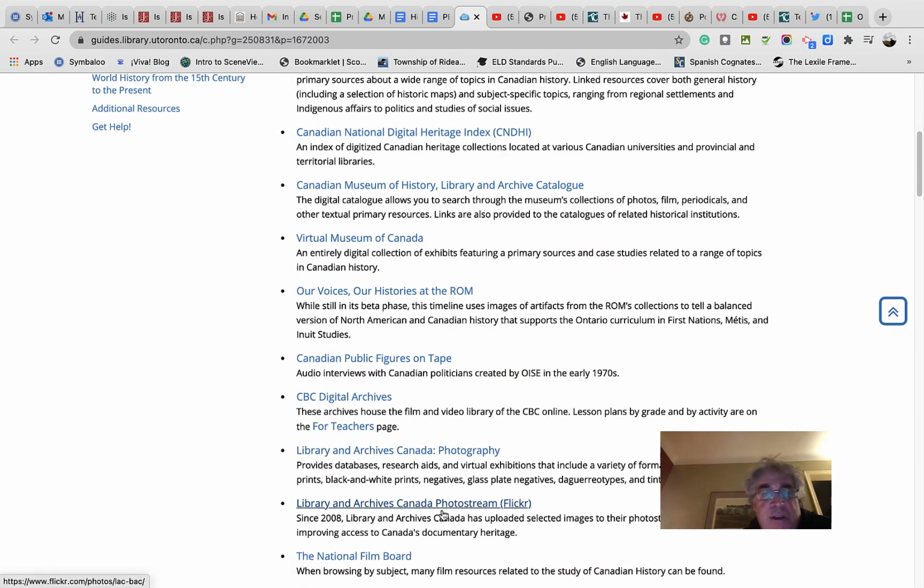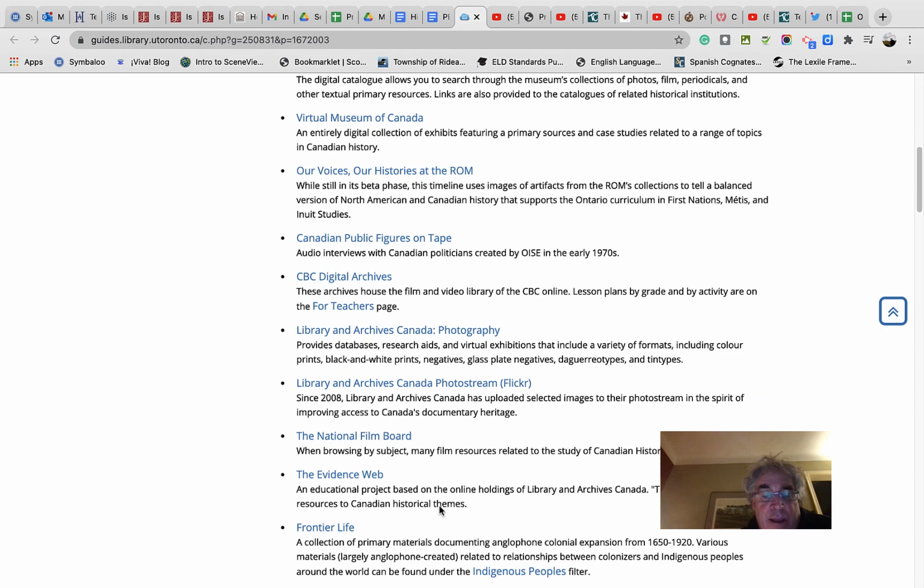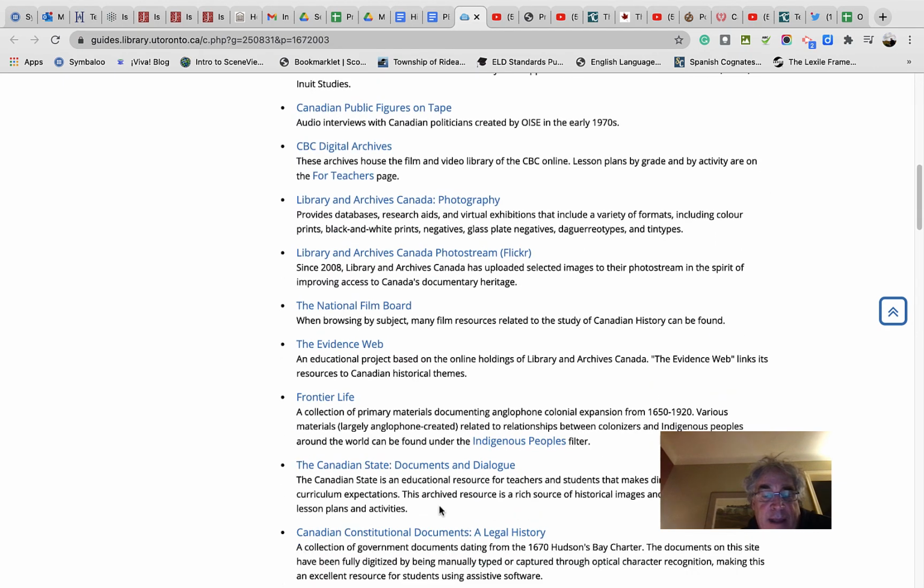And the other thing, of course, is that if you have enough machines in your class and you can direct your students to do some of this, they can do this investigation themselves, and I can guarantee they're going to come up with things that you wouldn't have had a chance to find. But again, this is just one site